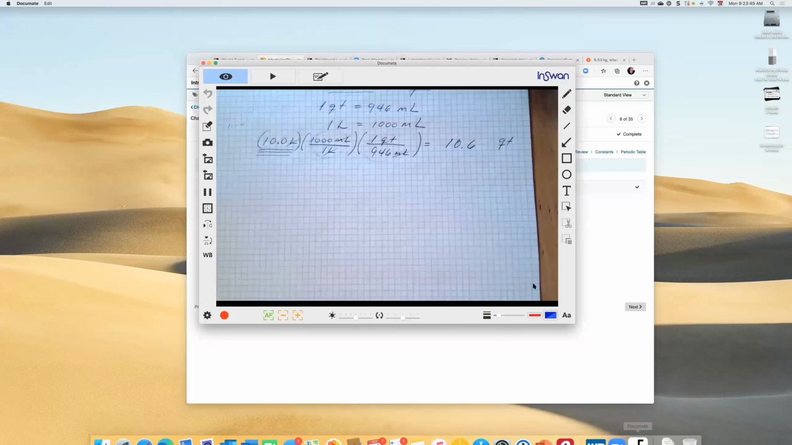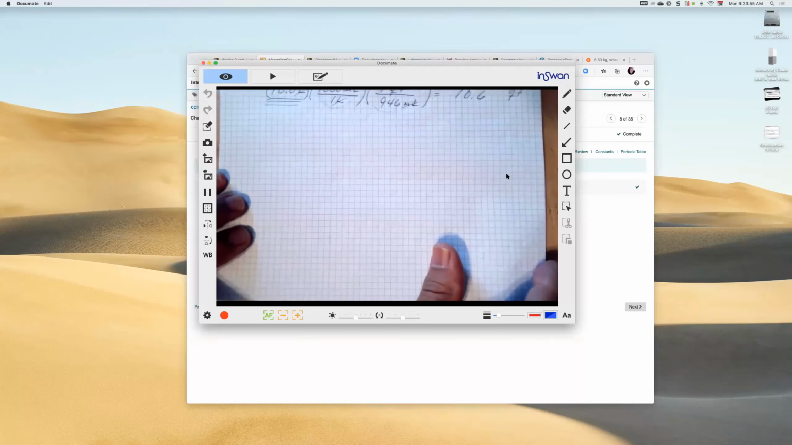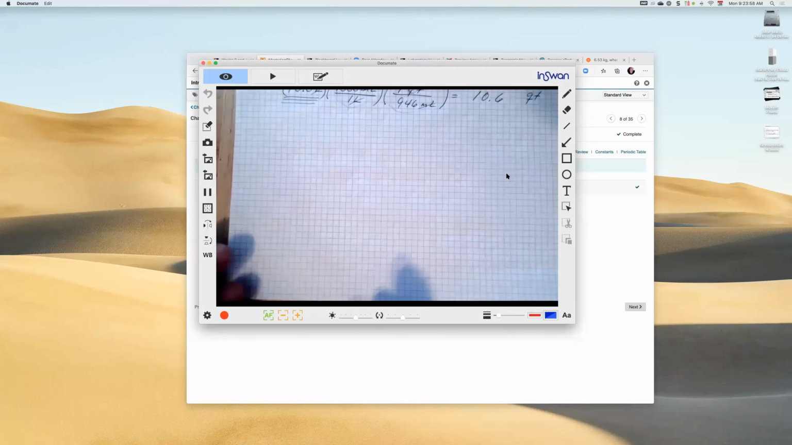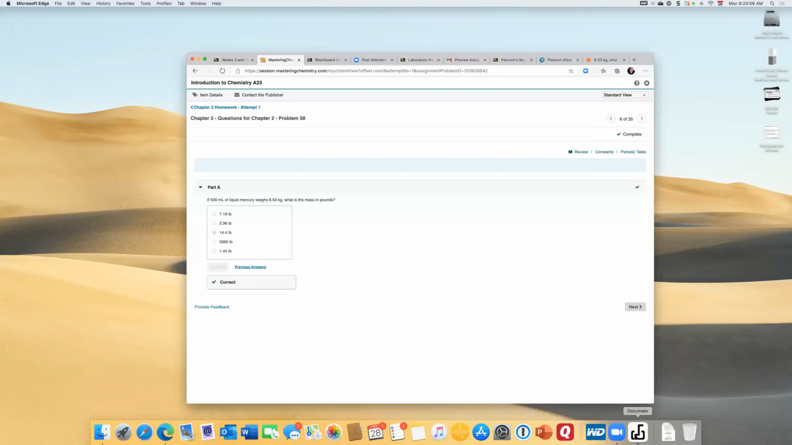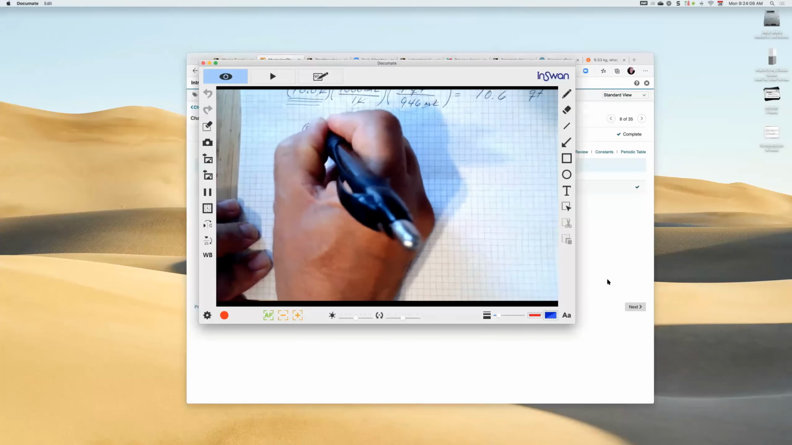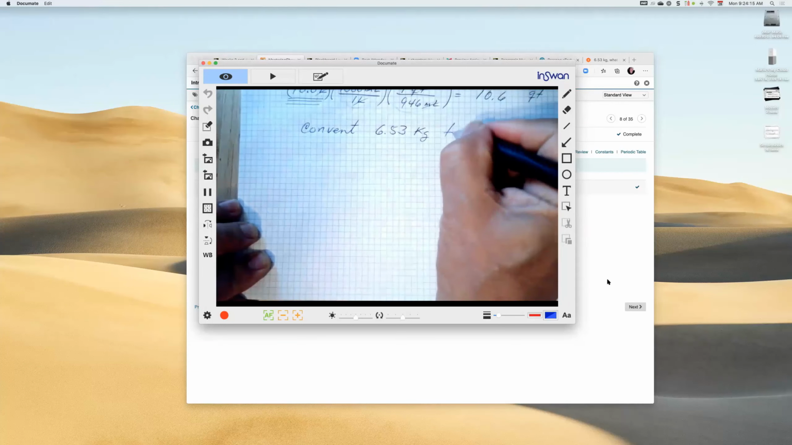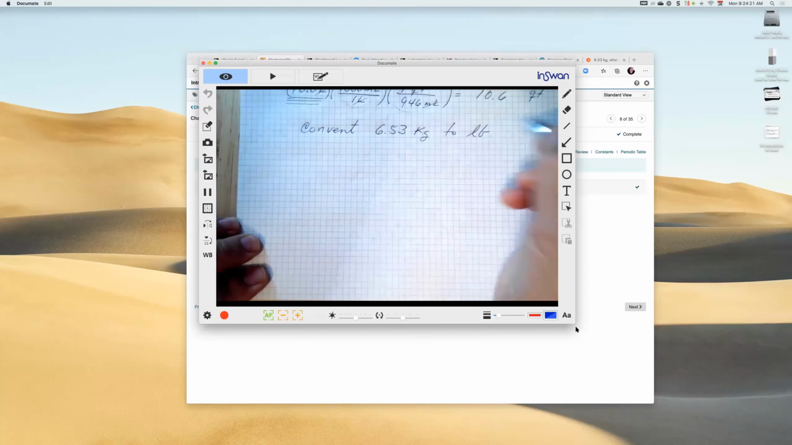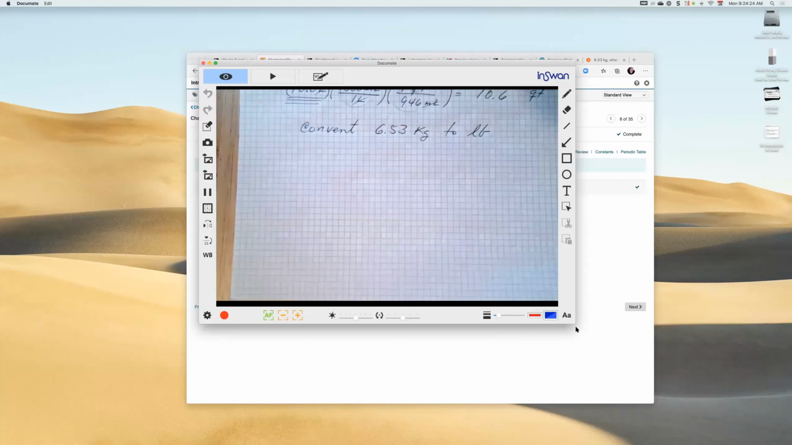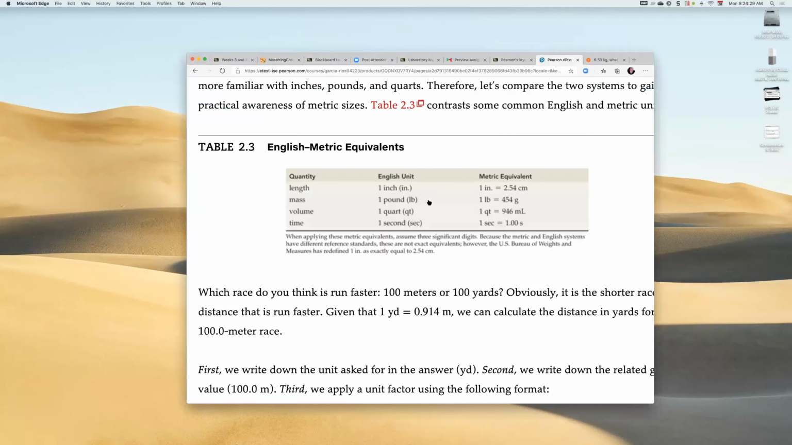And do you still see my screen? Hopefully you do. Yeah, so this time I'm sharing my entire desktop, so I don't have to be switching back and forth between screens. So 6.53, we're gonna do the conversion of 6.53 kilograms to, it was pounds, right? To pounds. And for that, we need to look at the book to see what's the conversion factor of pounds